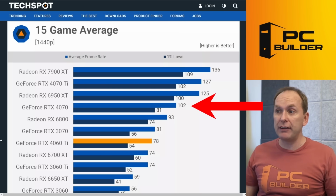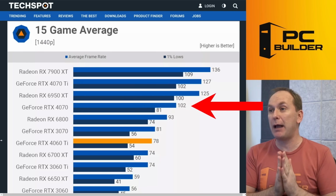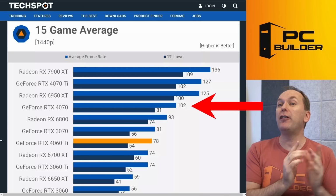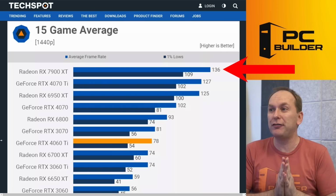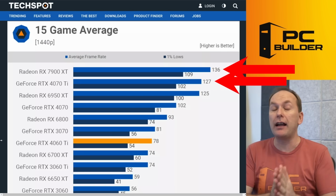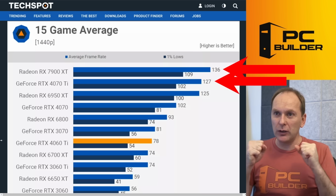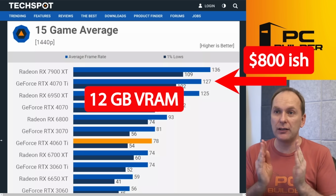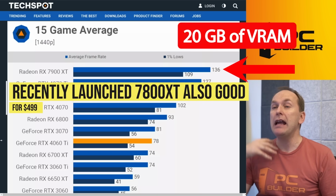You can see the 4070 there, 102 FPS is what you were looking at 1440p and a 15 game average, including a lot of titles that have ray tracing now turned on by default. Look at the 7900 XT, even with titles with ray tracing turned on by default, it beats the 4070 Ti, which is gonna be my alternative GPU. The thing is, I just don't love that you had to spend about $800 to get a GPU with only 12 gigs of VRAM. I love the 7900 XT because you get 20 gigs of VRAM in addition to the